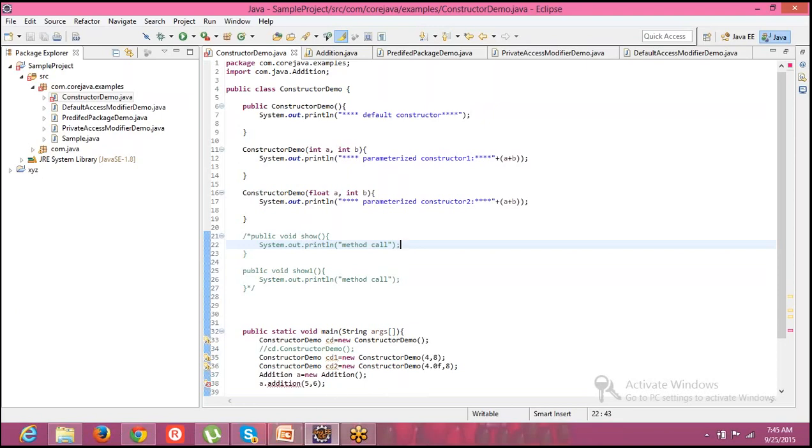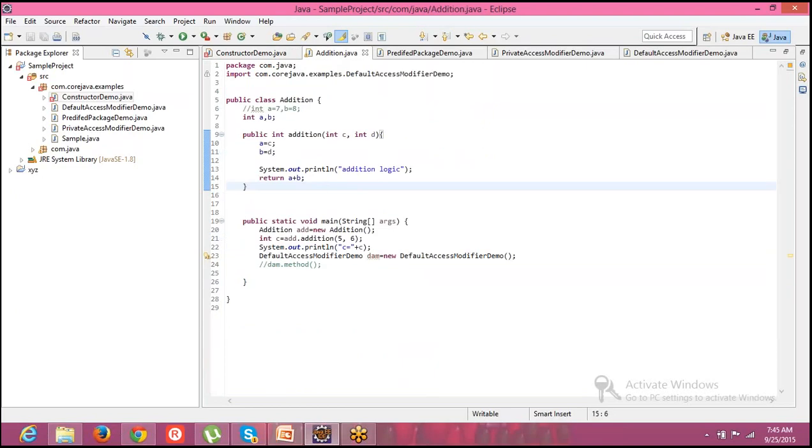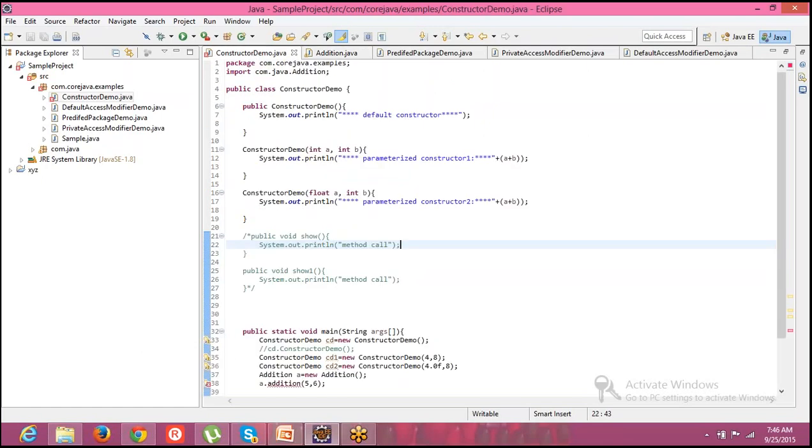Please check whether the method exists. How to resolve this issue? Please see here. We are creating an object of Addition, and for this class we are calling the addition method. So first go to the Addition class and check whether there is any addition method with two variables. Yes, it's there, but still it is showing an error. Sometimes it happens to you too. So how do we resolve that error? You should understand this, so that's the reason why I'm pointing it out here.